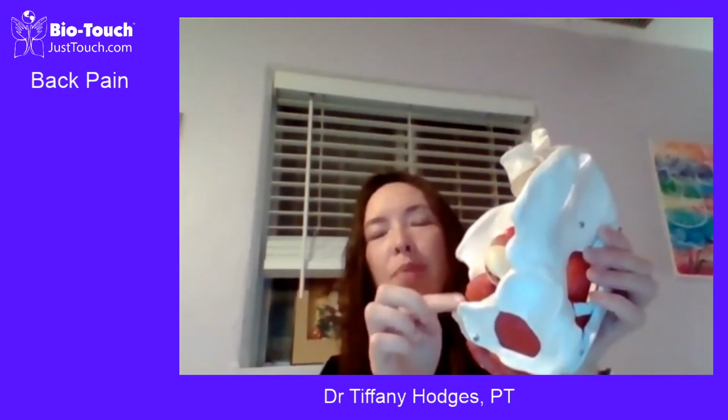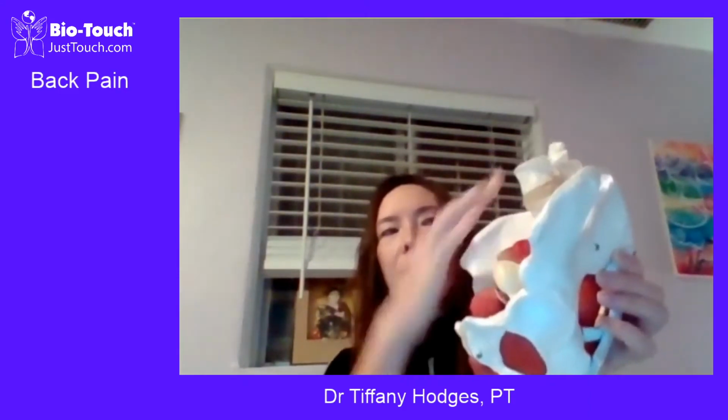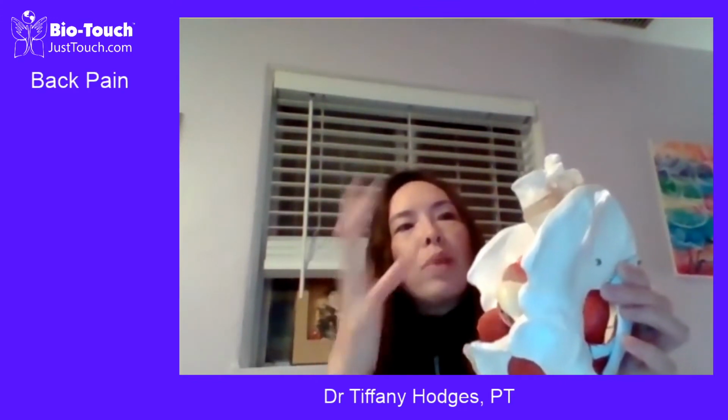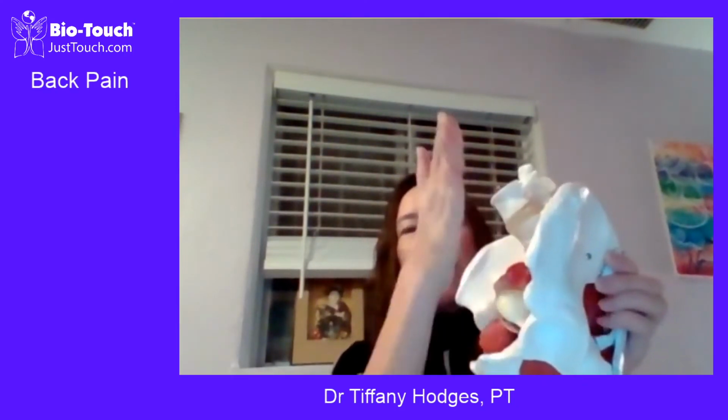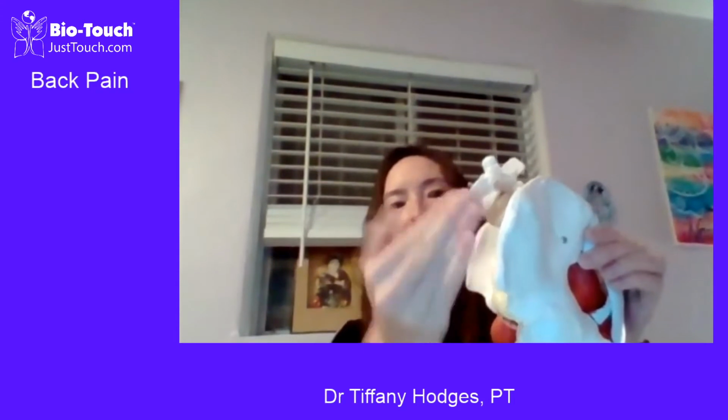But your bladder, here's the bladder, the bladder sits right behind the pubic bone. So normally when you have a slight forward tilt of the hip bones, and the interesting thing is with the model, it actually looks like you're way more tilted. But this should be in a straight plane right here, and the bladder sits on the pubic bone and is supported. And a lot of people, when their hip flexors are too tight, they actually end up way forward like this. And you don't see this with a person's body because you're not seeing the actual bones.